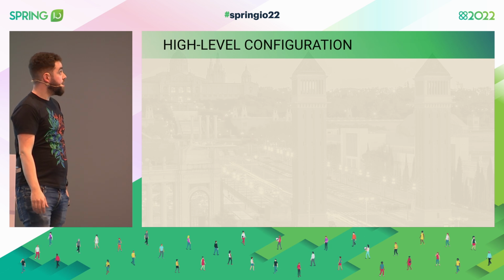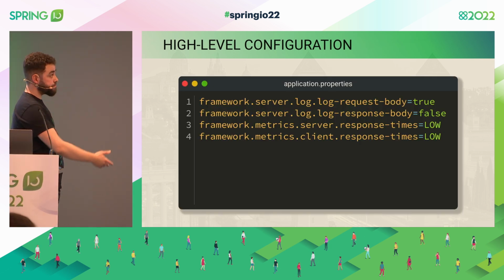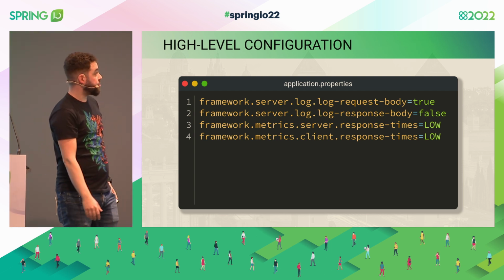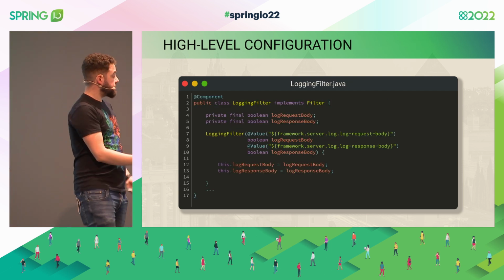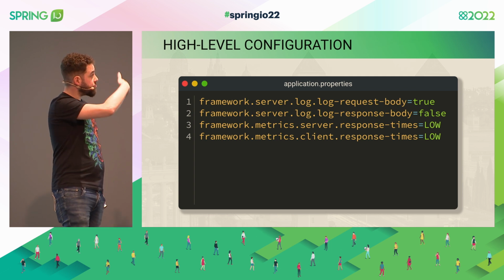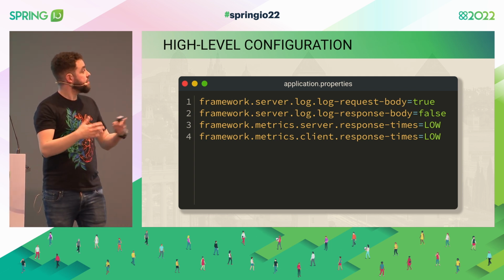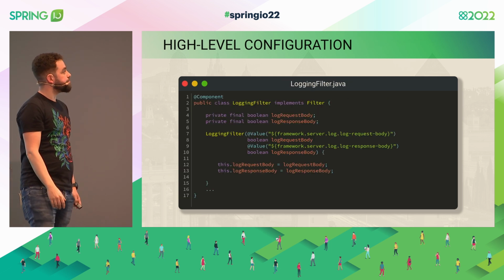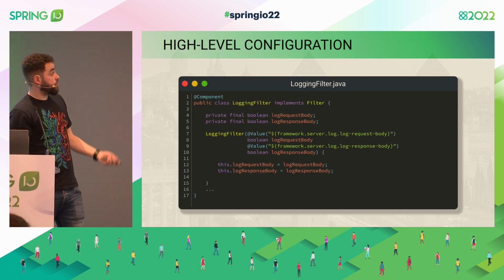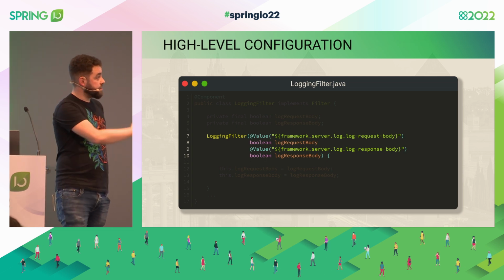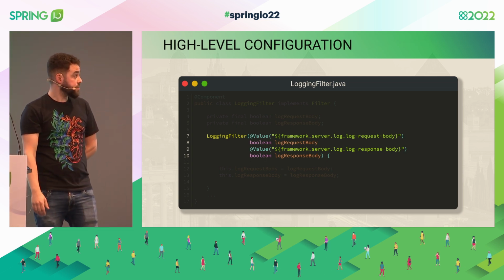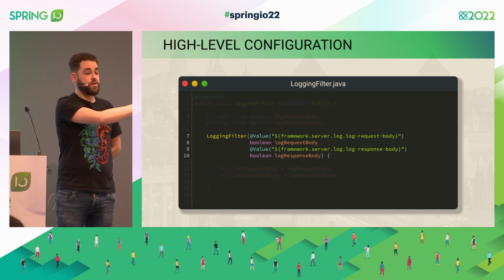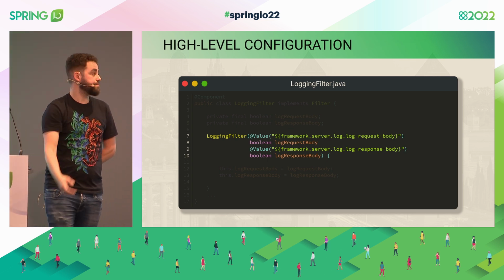So we are kind of aware of them. So let's see. For the high-level configuration, as we just saw before, we have properties. So we can just use the properties. And we can say, OK, I just want to log the request body, log the response body, or customize my buckets for this application in a particular way, whatever. And then on the logging filter, we can just use log request body and log response body, for example. This is the name of the property. Just place it here. And then my code will use it.